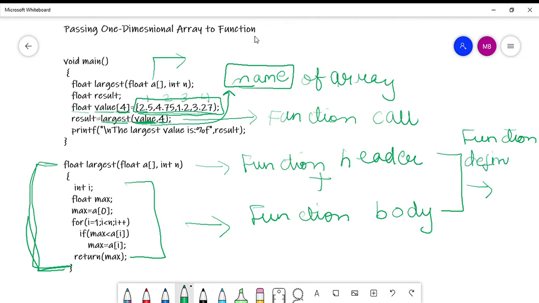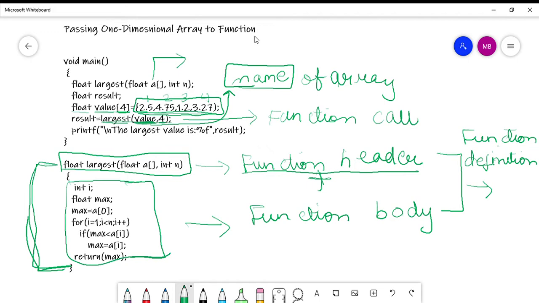Okay, so this entire thing is called the function definition, which comprises the function header. Now this portion is the function header plus the function body. This entire portion is called the function body. So the function definition consists of the function header plus the function body.